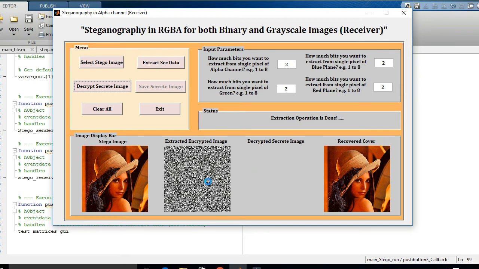And this one is my recovered cover image, this is my stego image, and this is my extracted encrypted image.